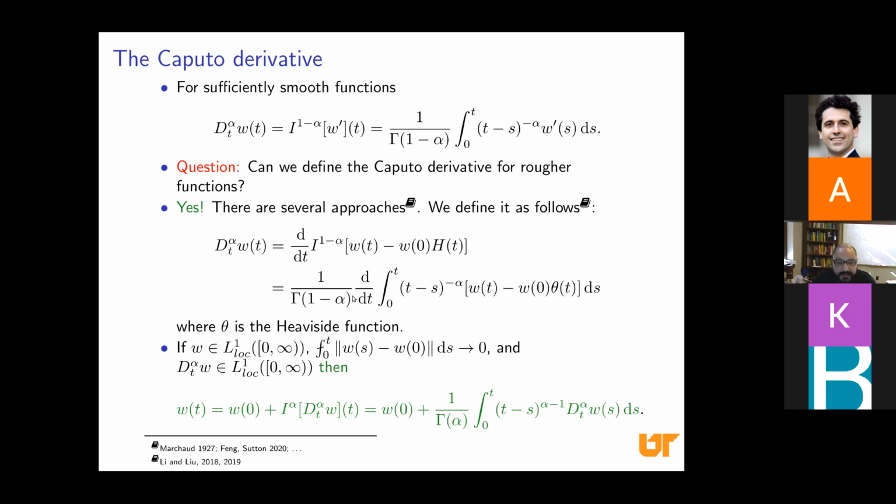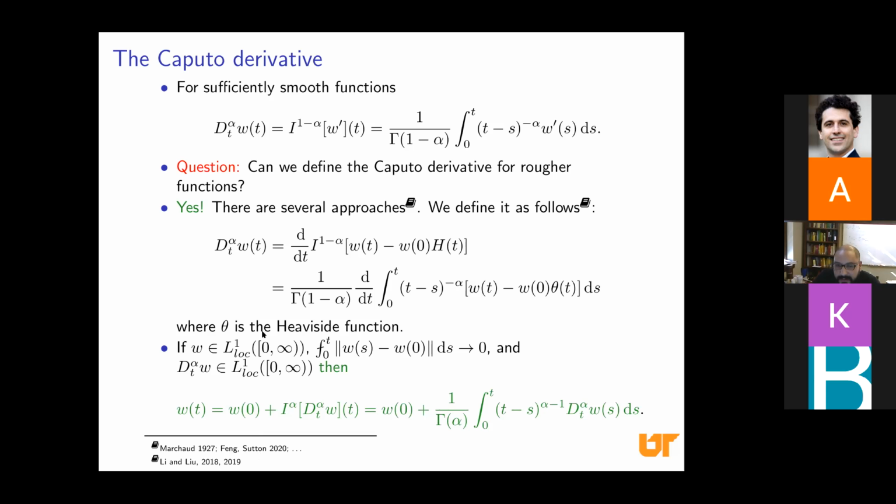So, for instance, some approaches date back to the 1920s by Marchaud and the so-called Marchaud derivative that, for instance, can be applied to Hölder functions. I only want to mention very quickly that this definition of derivative in the sense of Marchaud has been used by Caffarelli, Chan, and Vasseur in a series of papers on regularity for nonlocal diffusion equations. There are some other approaches by my colleague Xiaobing Feng and his students.